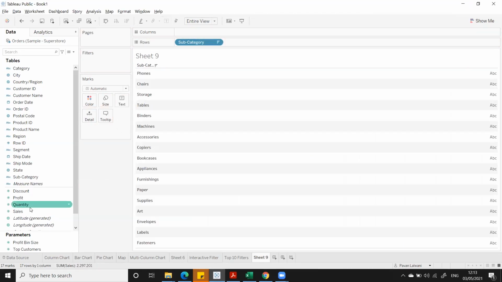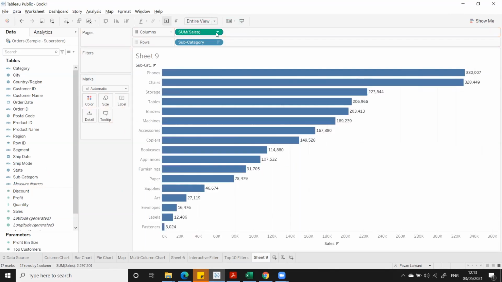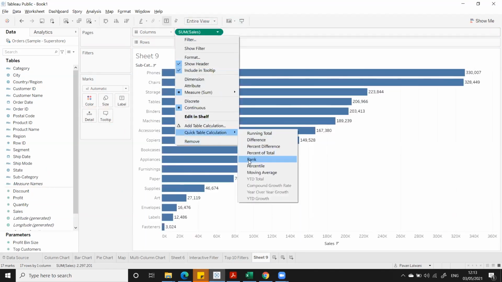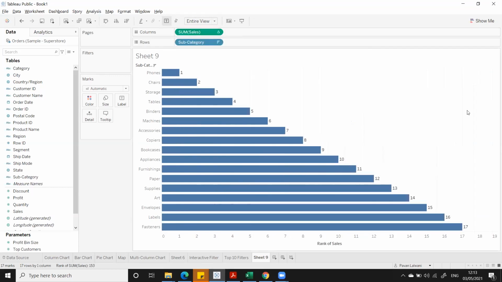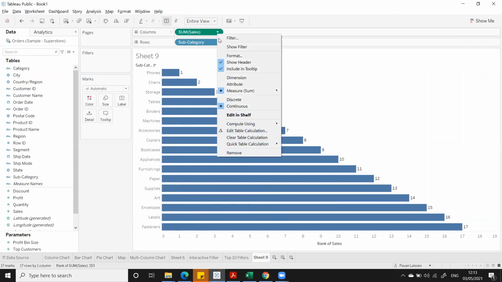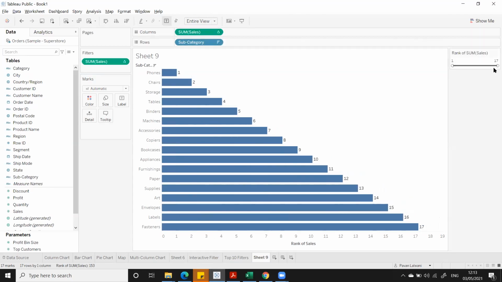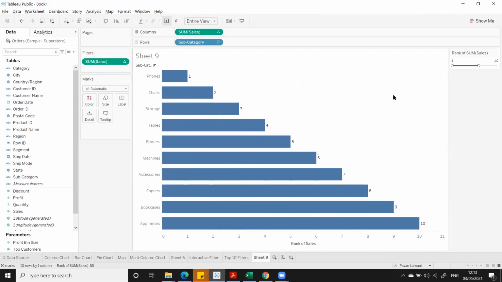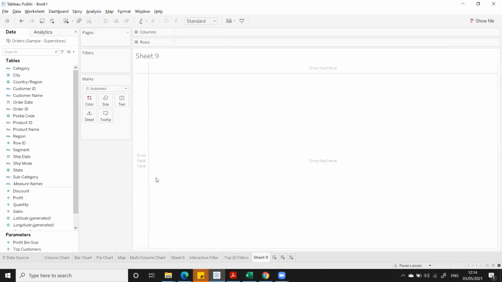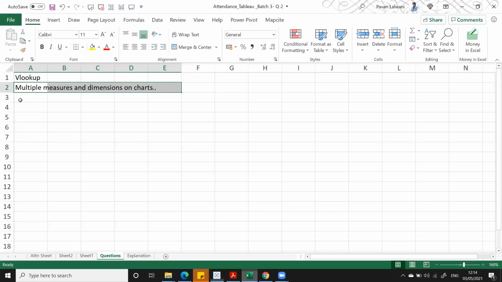Exactly. Correct. So the better would be sales into columns and I can convert into rank option directly. You can see the phones have number 1 rank, meaning the highest sales. Fasteners have 17 rank. Then I can right click and click on show filter. From here I can select 10. That is coming soon in the table calculation. Table calculation, yes.